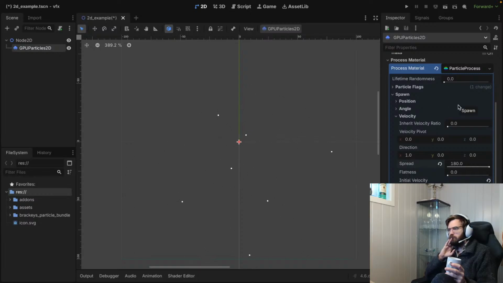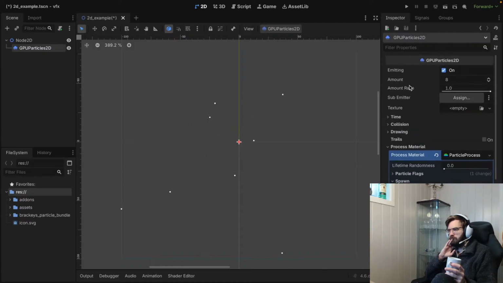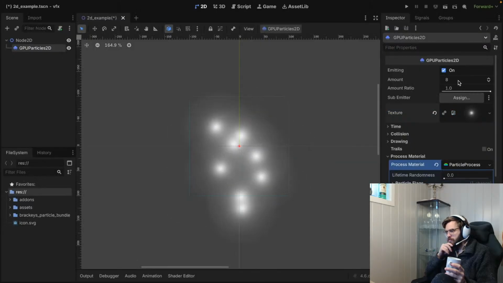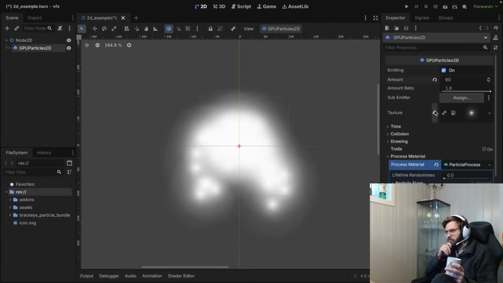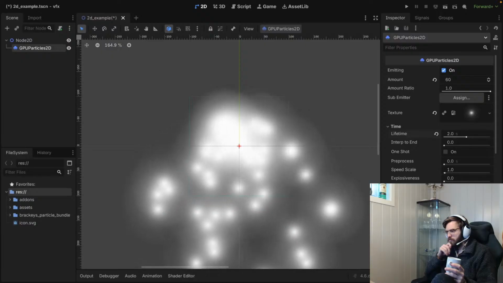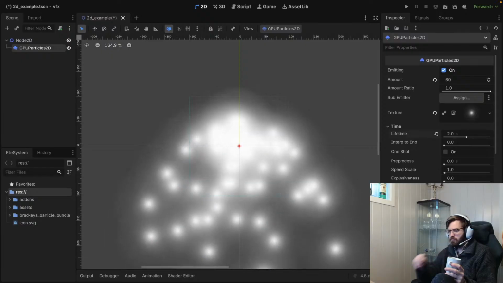But before we get lost in the power of the process material, at the top here we can adjust the basic settings of our particles. We can set the texture. I'll use this one from the assets, the amount of particles to emit, and under time, we can set the lifetime of each particle. Here we also have the option to limit the particles to a fixed FPS. We can increase this to 60 to make it